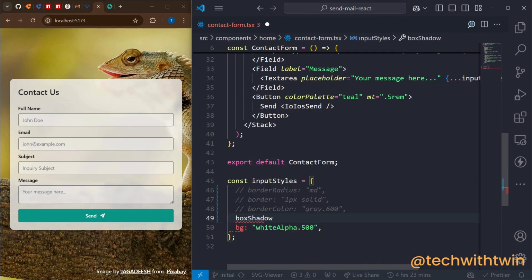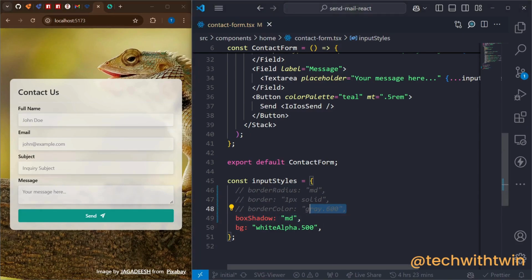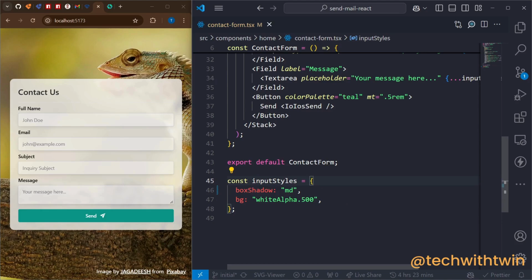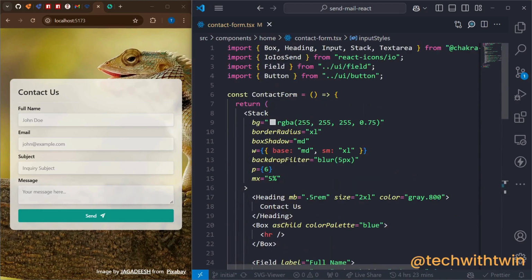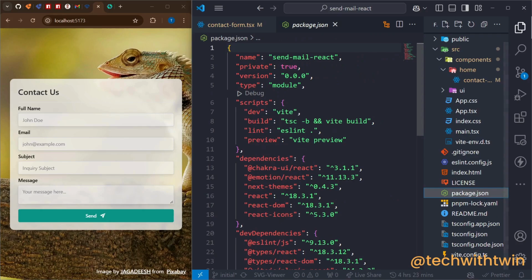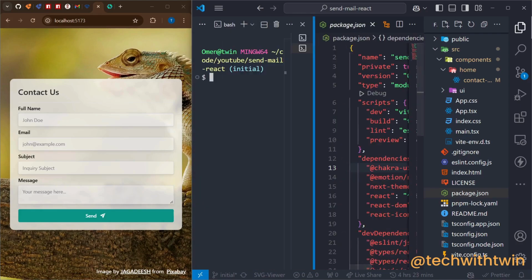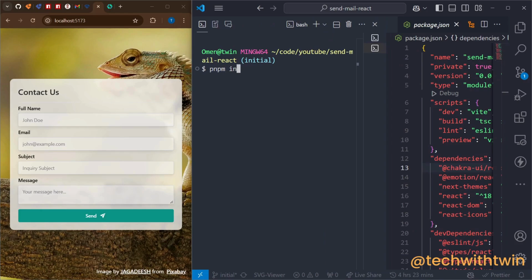The reason I'm doing this is because later when we add validations, our inputs will be styled differently based on the validation, because now here we have a border. We don't need the border anymore to interfere with the colors of the inputs. So the first thing we need, first and foremost, is to check our package.json to see whether we have React Hook Form, and if we don't, we can just install it like this. So npm install